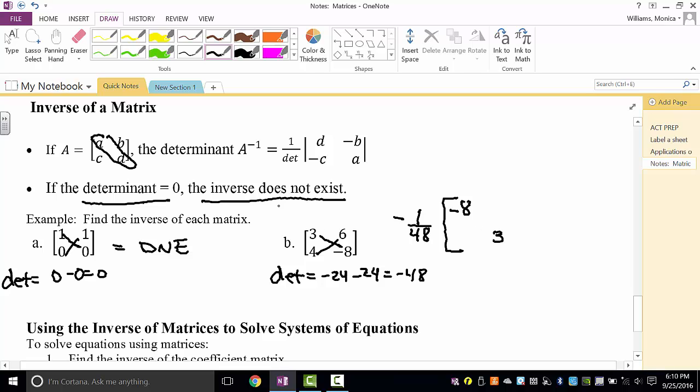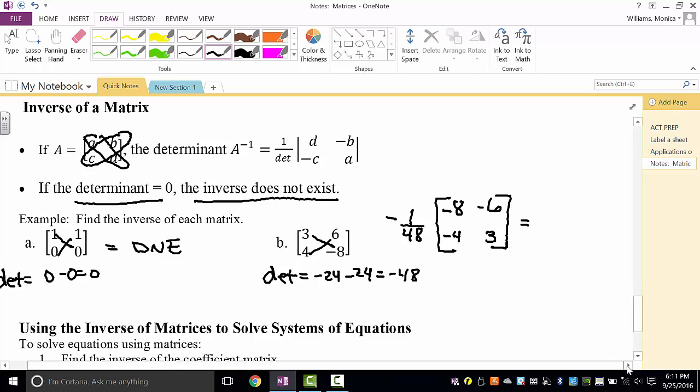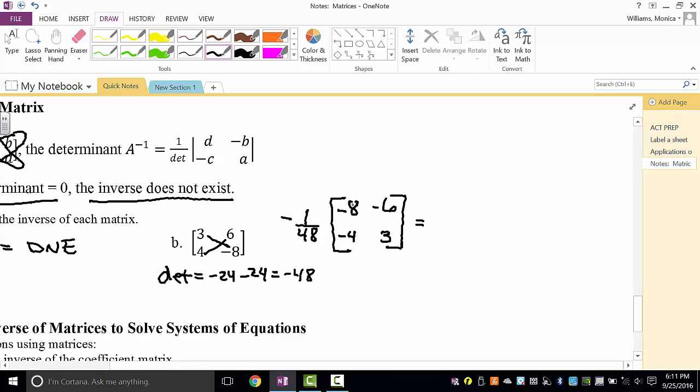And then you change your signs on B and C. If it's negative, change it to positive. If it's positive, change it to negative. So it will be negative 6 and then a negative 4. And then simply multiply, doing scalar multiplication. It's like the distributive property. So negative 1 over 48 times negative 8,